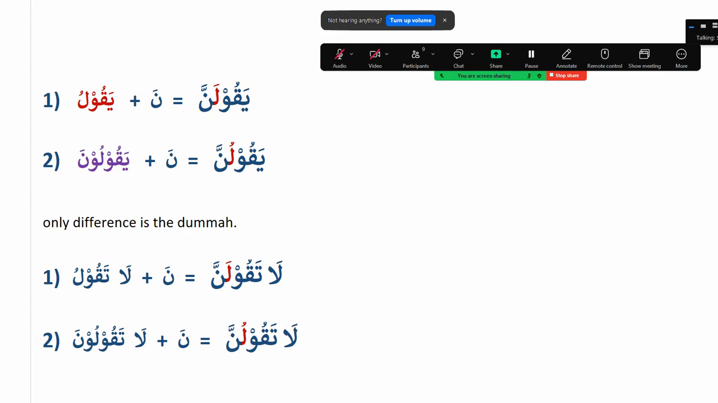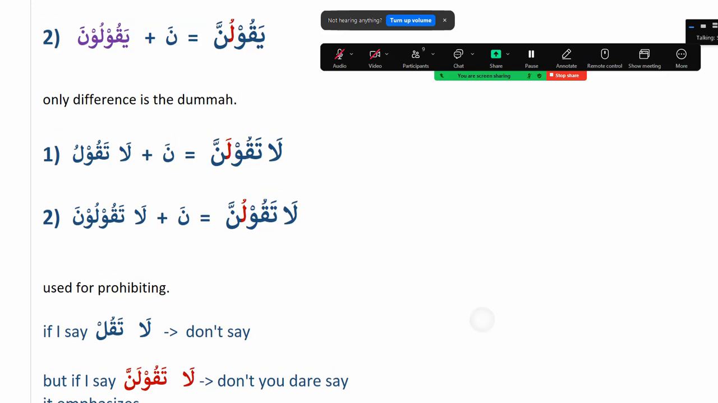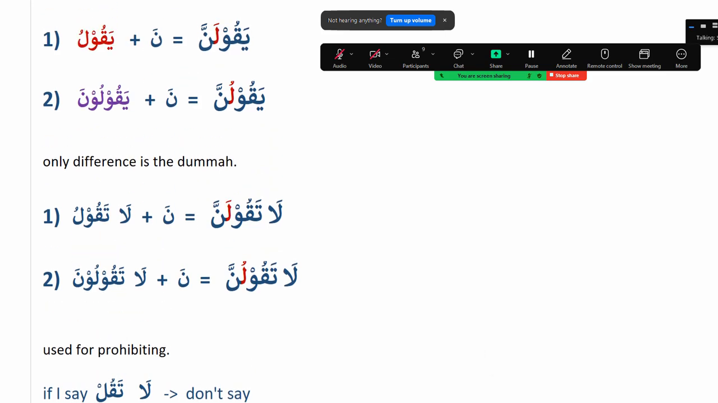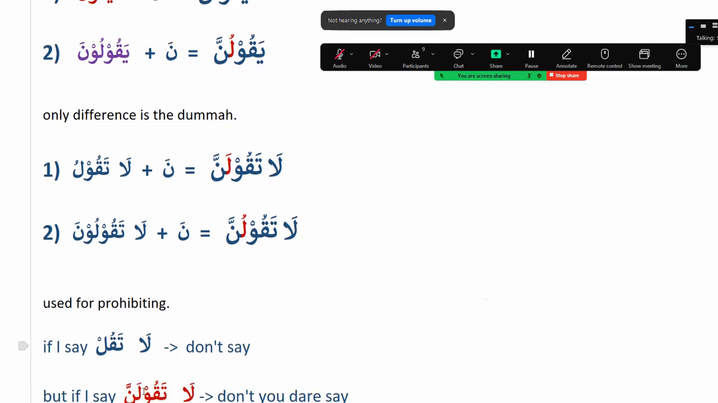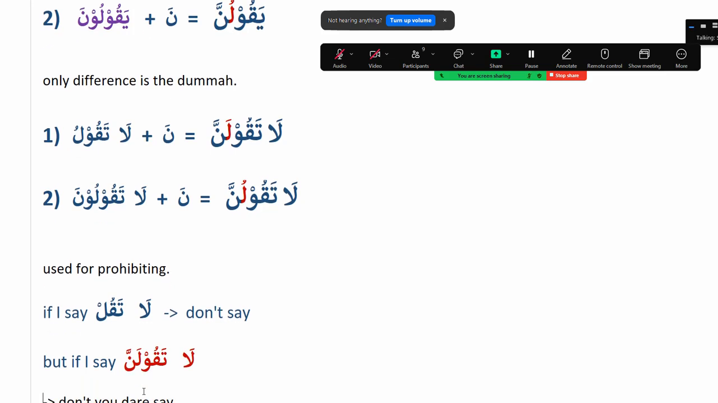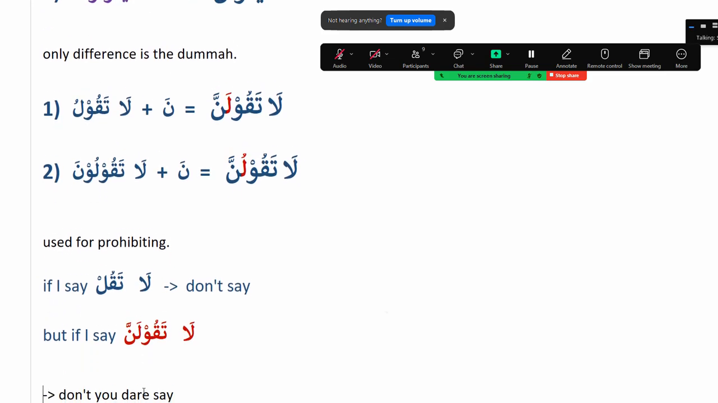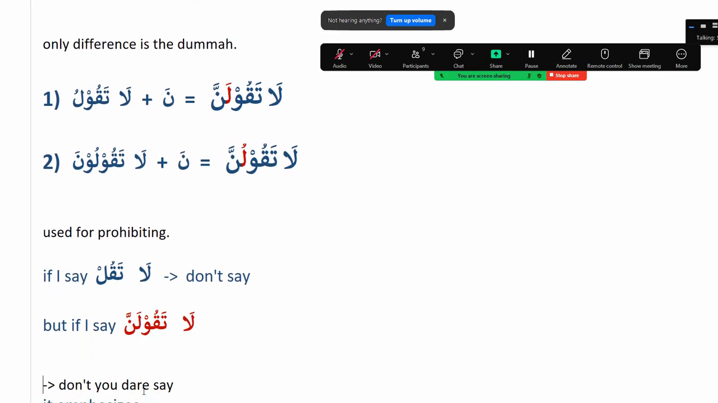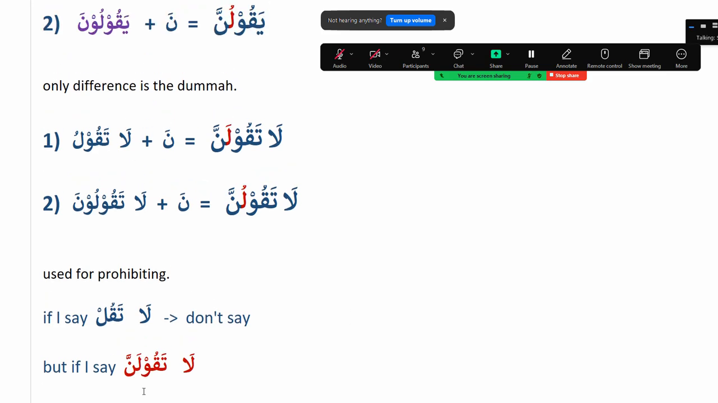This is for prohibiting, okay? Now if I say la taqul, don't say, right? What type of la is this? La taqul? Prohibition. Very good. But if I say la taqulanna, the meaning is don't you dare say. If I just say la taqul, I'm prohibiting someone, right? I'm saying don't say. But if I want to say it with so much emphasis, don't you dare say,